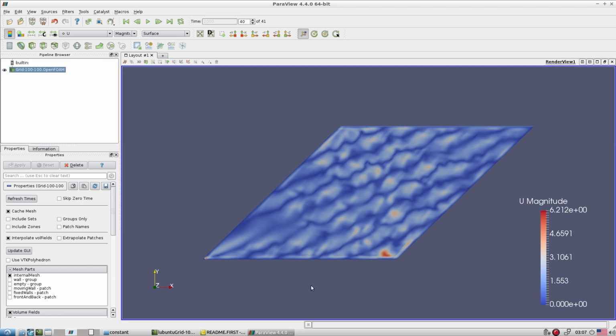Either there is a problem with some scheme selection, or maybe some relaxation parameter selection, or a few entries inside the fvSchemes and fvSolution files. So I suggest don't look at the following part of this video. First take a pause and try to figure it out by yourself. And then come back from here itself and I will give you the solution. So let's take a pause here.